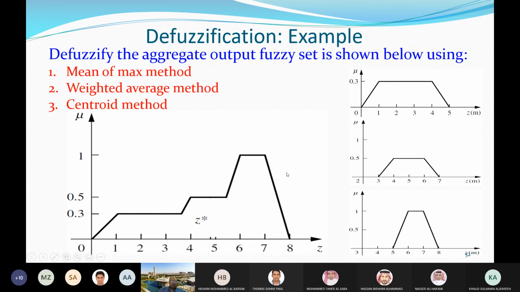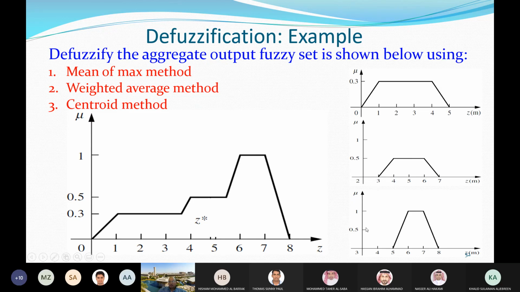This is the numerical example here for defuzzification, using the mean of maximum, weighted average method, and centroid method. How much is the output if you apply the centroid method here? Assume we have a collection of three rules. This is the first rule output between 0 and 5. Second rule output, this is the membership function between